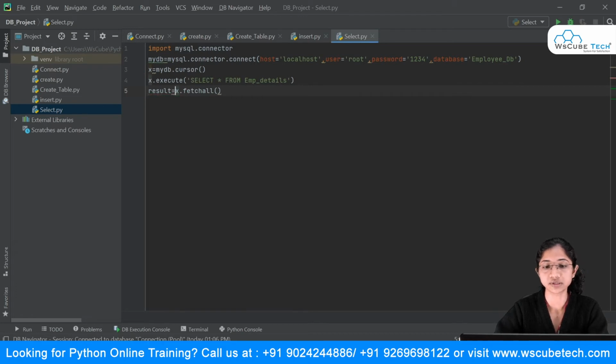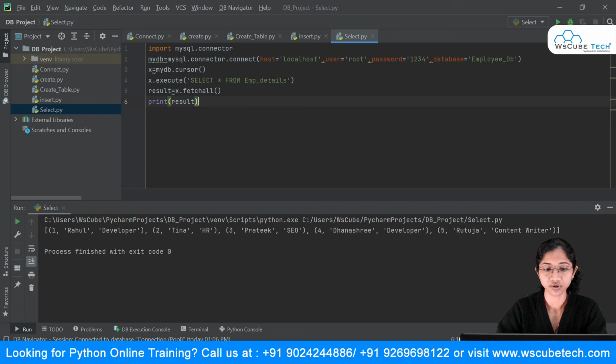So I will say result is equal to x.fetchall, because I have to make use of this cursor object, since this method is inside it. Once I'm done with this, fetchall will extract all the records inside my table and store them inside result. Now, in order to print that, I will print result. That's it, and I'm just going to run this.